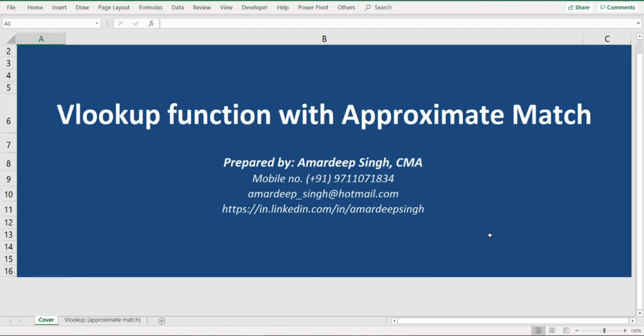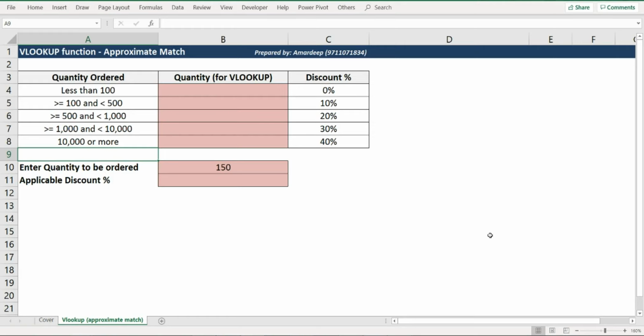Now, in order to explain that, let me first walk you through the case question that I have here. As you can see on the screen, we have a table which mentions quantity ordered in one column and discount percentage in the other column. If somebody is going to place an order for less than 100 units, then the person wouldn't be eligible for any discount. However, if the same person orders 100 or more units but less than 500 units, then the company would offer him 10% discount. And then this discount percentage keeps on increasing as and when you order more and more units